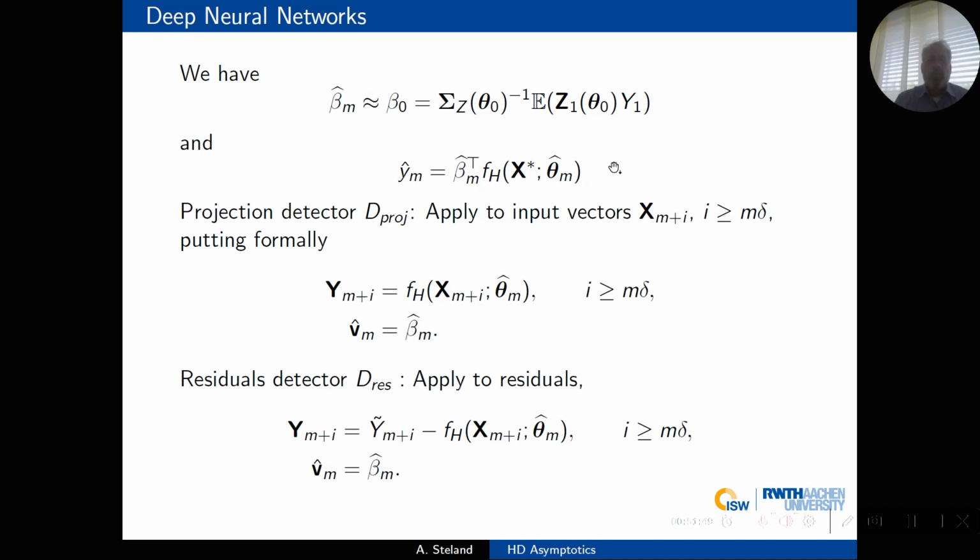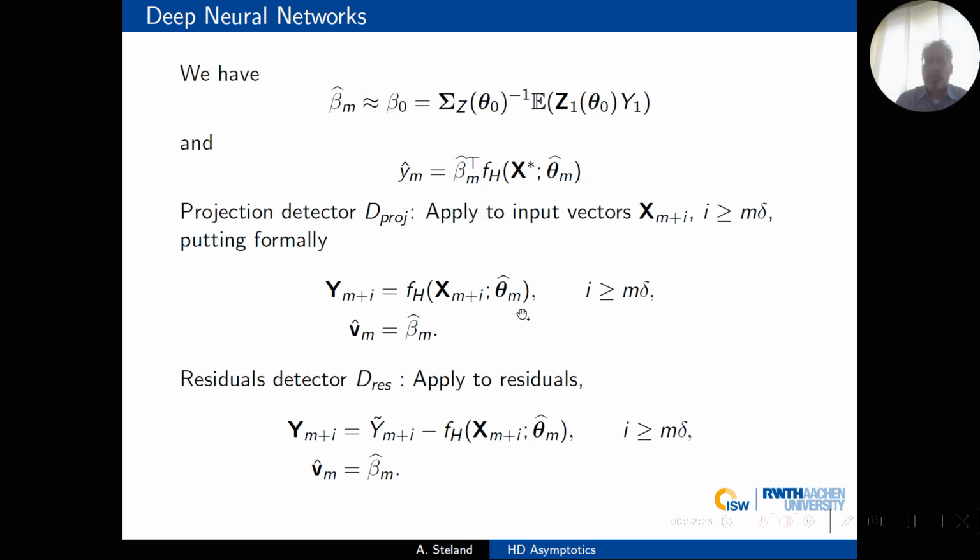Okay, so what are therefore the proposed detectors? We can formulate a projection detector. We apply it to the input vectors of the monitoring procedure. This means we apply the detector studied and discussed with the following settings. So y_{m+1} is defined as the output of the last hidden layer applied to the corresponding input vectors